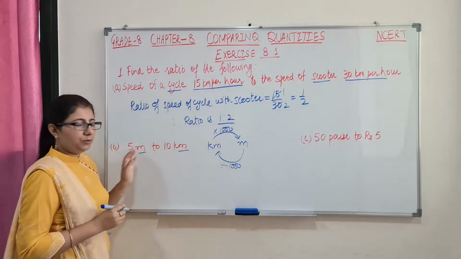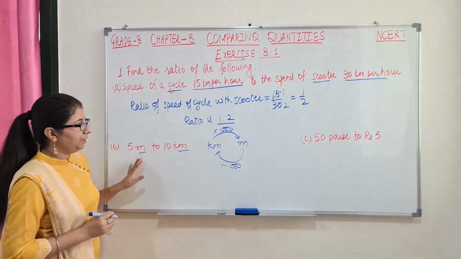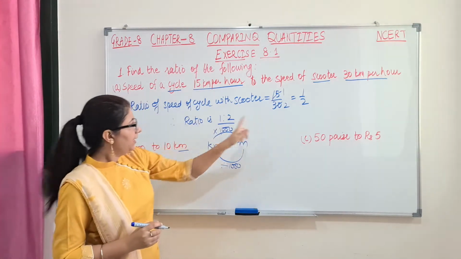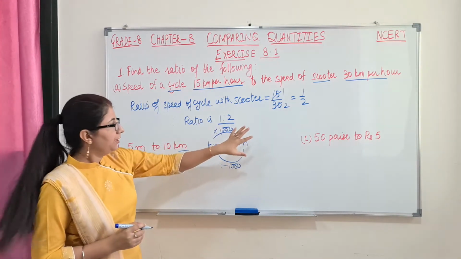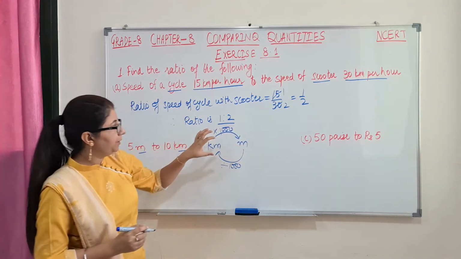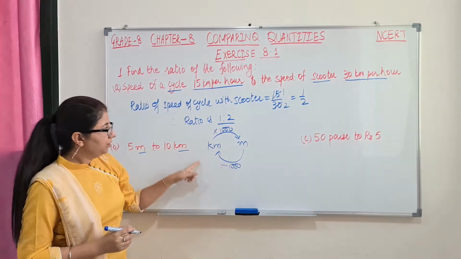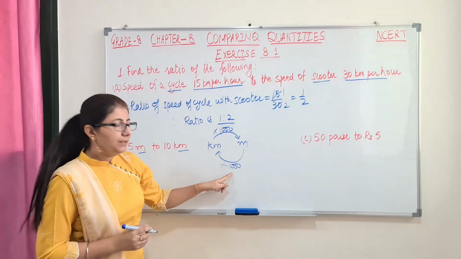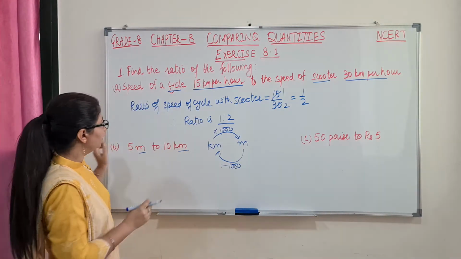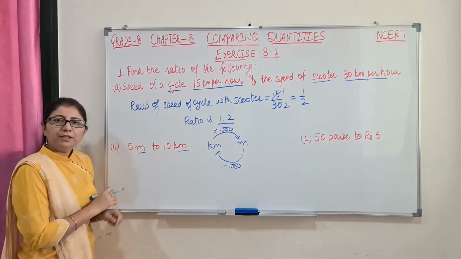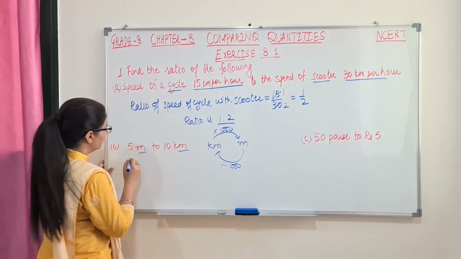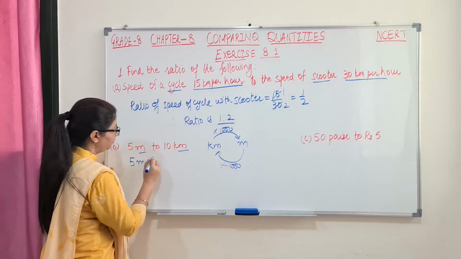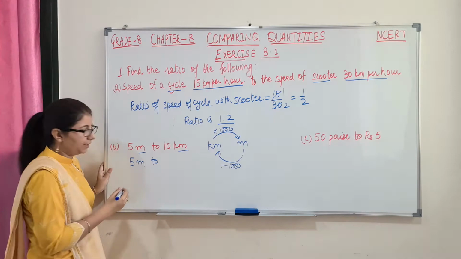So whenever we need kilometer to meter, we will go from this side and we will multiply the value with 1000. If it is required that meter should be converted into kilometer, we will come across this arrow and we will divide this by 1000. So in our case, kilometer is to be converted into meters. You can do either way, but I prefer this because multiplication is much easier.